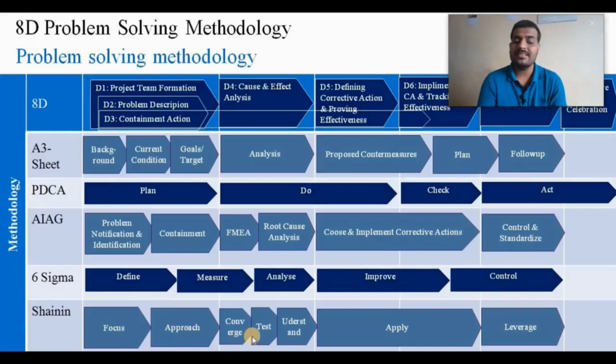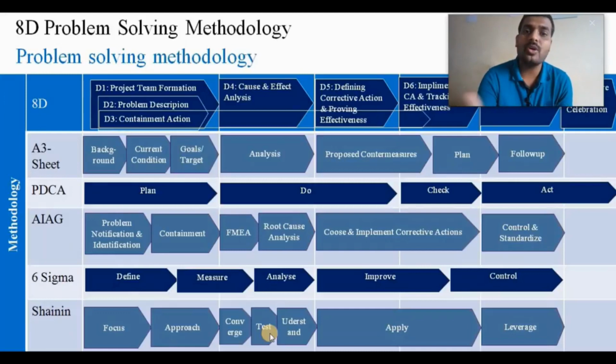In the next phase, the test phase, this suspected red X candidate is put on trial, and by turning the green Y on and off, the suspected red X candidate is converted to the confirmed red X candidate. In the next phase, understand, this confirmed red X candidate is converted to the controlled red X candidate. In the next phase, apply, this controlled red X candidate is converted to the